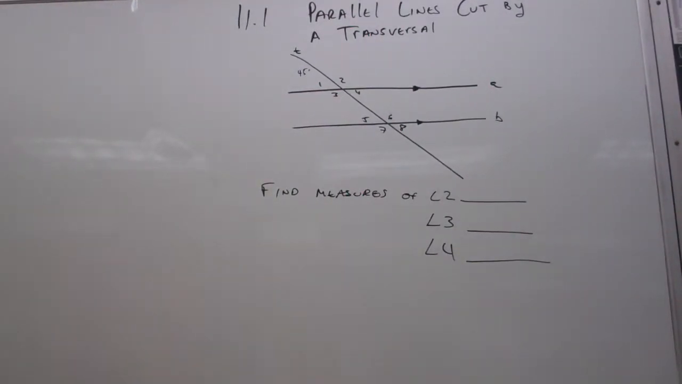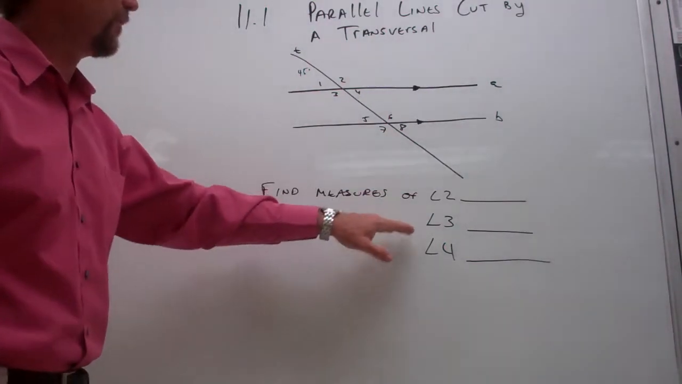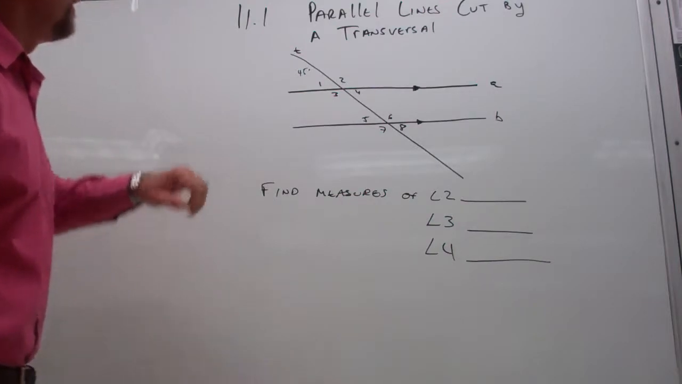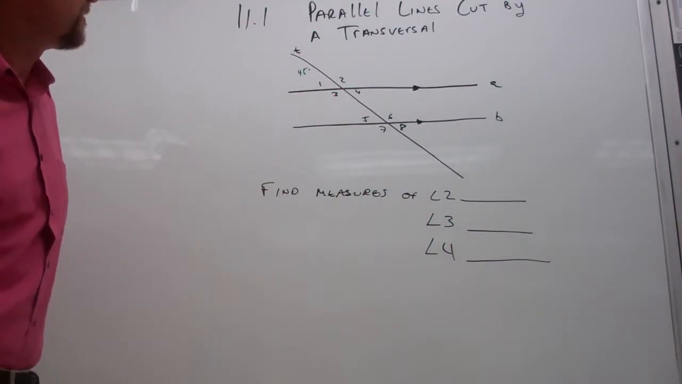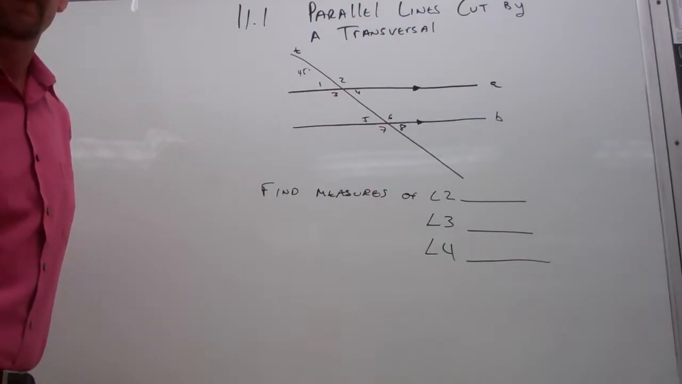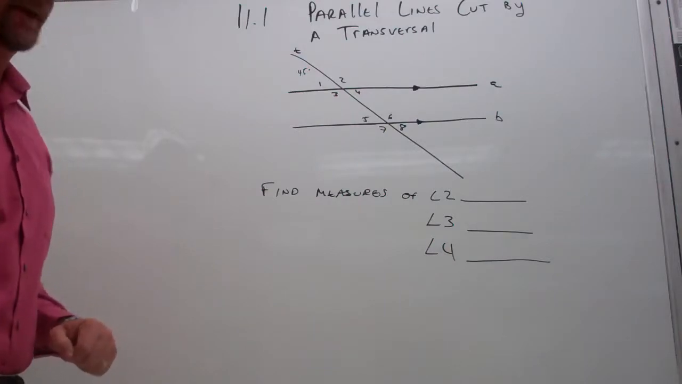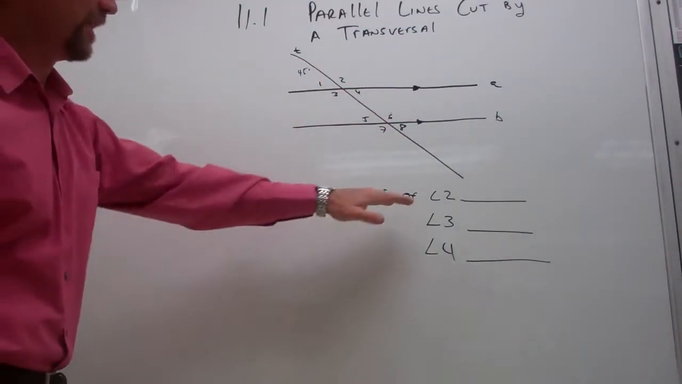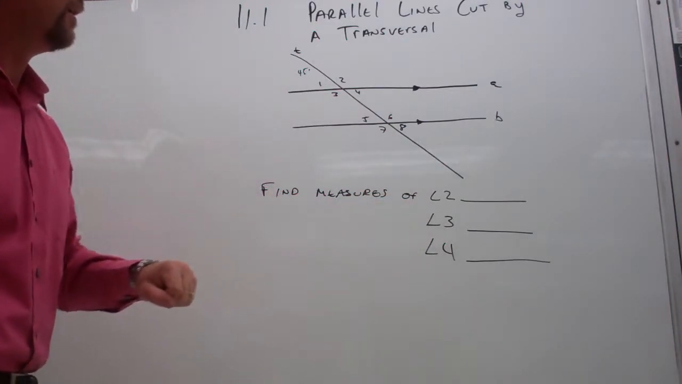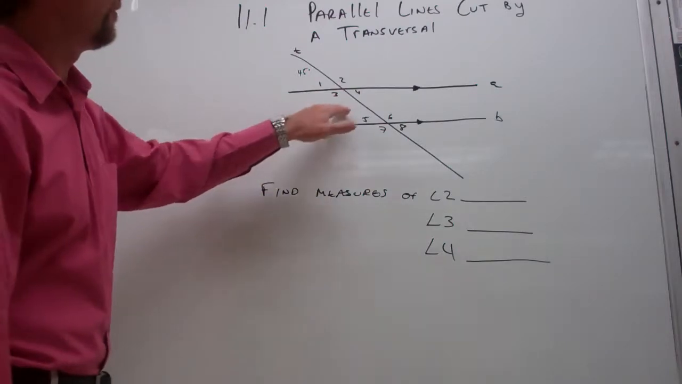Okay, take a look up on the board here. I've asked you to find the measures of angle 2, angle 3, and angle 4. What I've done is given you the fact that angle 1 is 45 degrees. Now we can use some of the properties that we've talked about when parallel lines are cut by a transversal, and we can actually find the other 7 angle measures, but I'm only asking you to find 2, 3, and 4. And once you found 2, 3, and 4, you essentially know